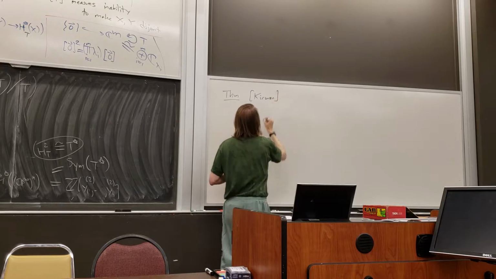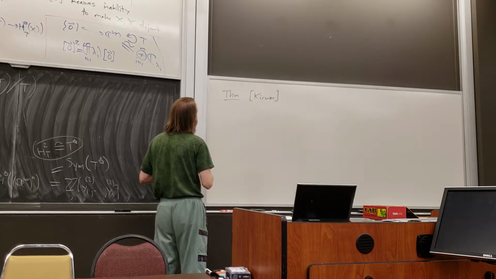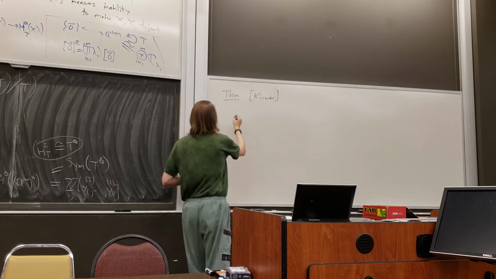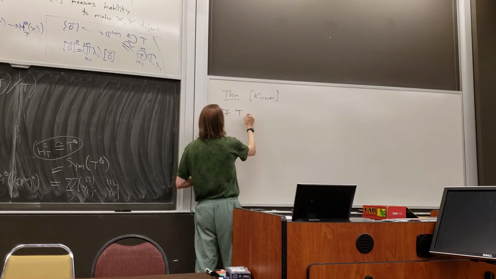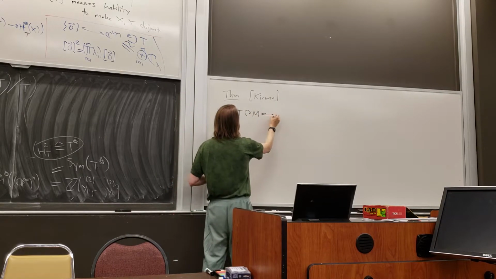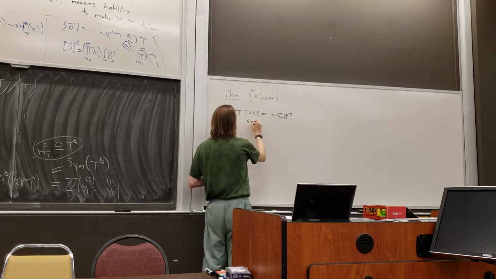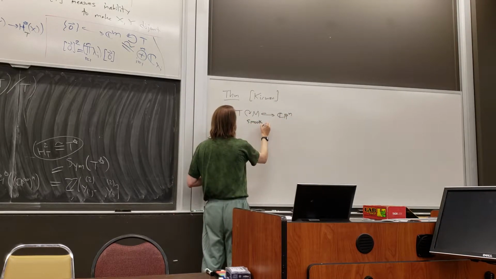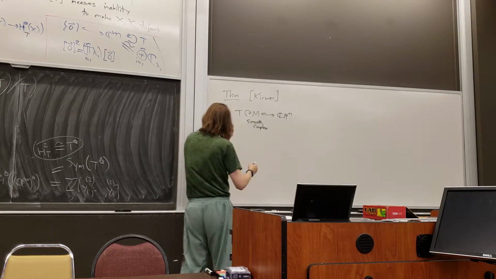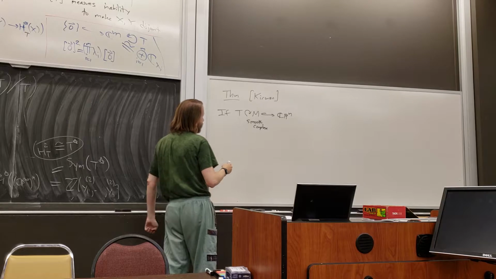It's not exactly the situation she proved it in, but it's good enough for me. If T acts on M, and M lives inside projective space, and it's smooth and complex, so this is an algebraic embedding,